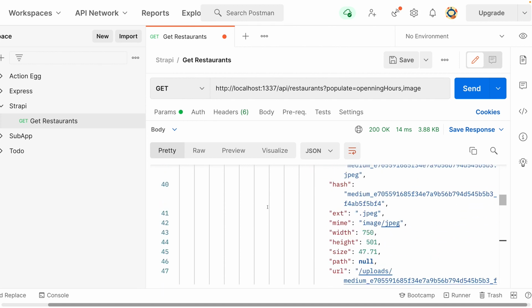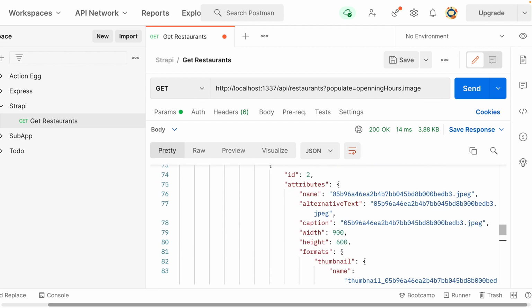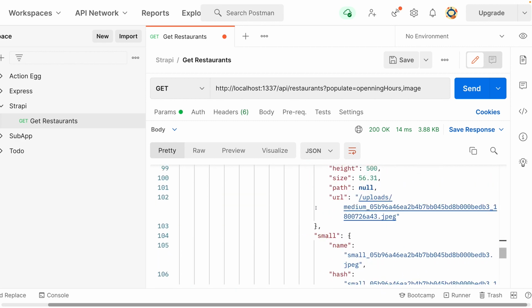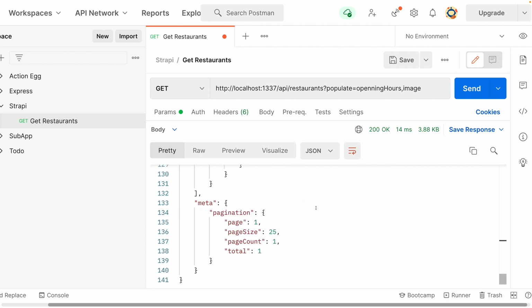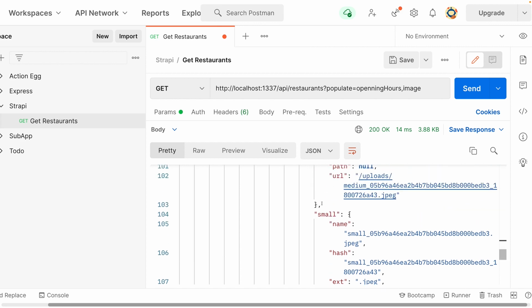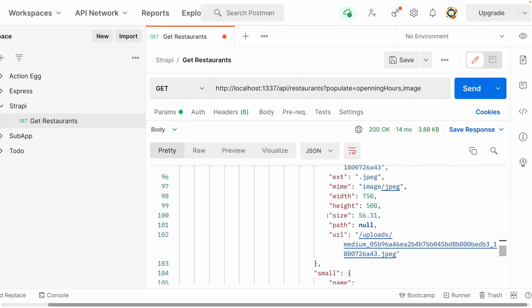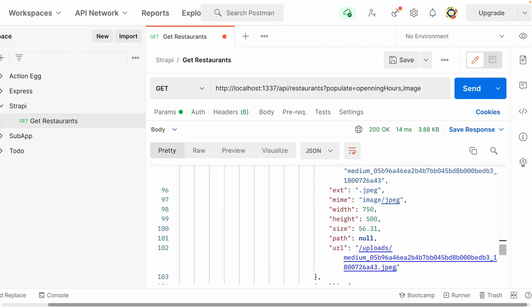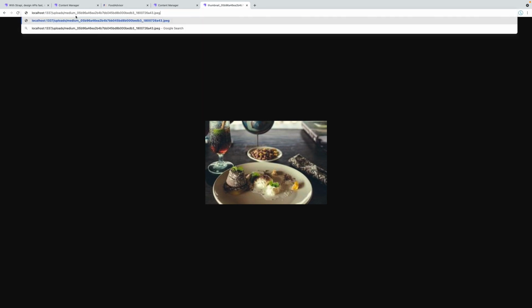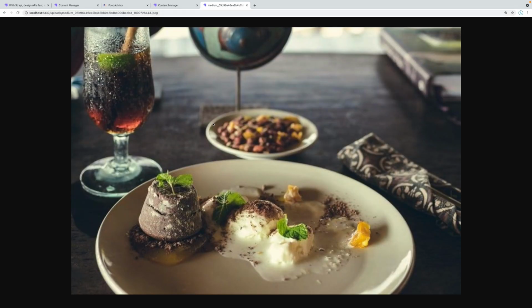Now this image, let's see here what size it is. It's mostly, I think, for thumbnails. If you want to use maybe an image for a desktop, you can pick a larger image. So let's see what the right image for this is. You can see here medium, and then over here small. So maybe this image right here would be more suited for larger images, because you can see that this one's a little bit blurry. So if we were to execute that, okay, you can see that that's a lot better,